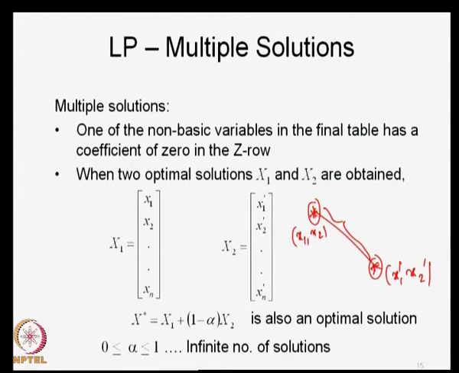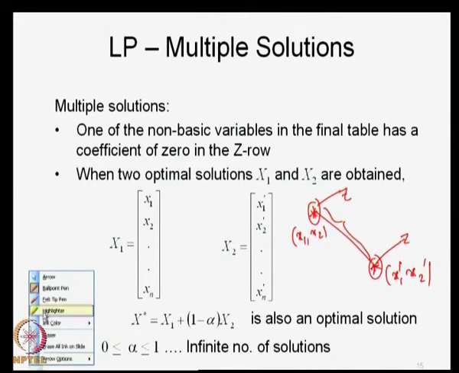So, what we are saying is that if this is an optimal solution and this is an optimal solution with a given z value, the same z value will remain here. The line joining these two, all the points along this line, will also be optimal solutions. This is for a 2 variable problem. The same logic extends to n variables, and there you write it as alpha x1 plus (1 minus alpha) x2, where x1 and x2 will be vectors. By choosing an appropriate value of alpha, you can generate different solutions.